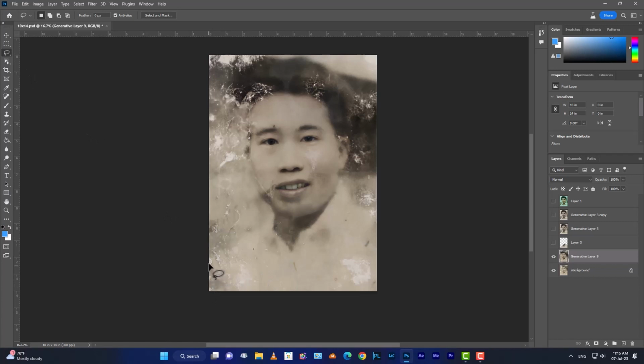Select the shirt area, type in the blank box, Shirt. Click on Generate.